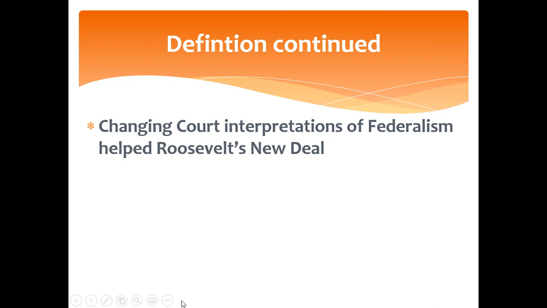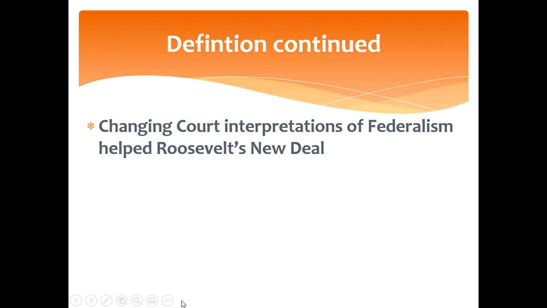State government, federal government, they argue all the time over power. Who has the final say? Who gets to make the final decision in which power belongs to which level? That's going to be the court system. Sometimes this argument isn't as clear as it seems. I mean, it seems like it'd be easy. Well, it's either state power or it's federal power.